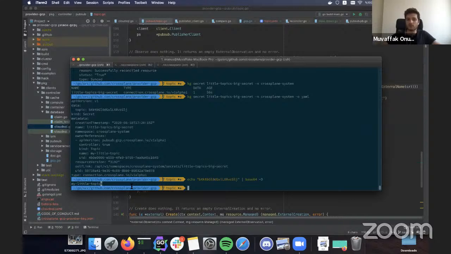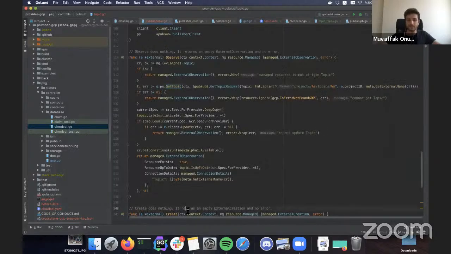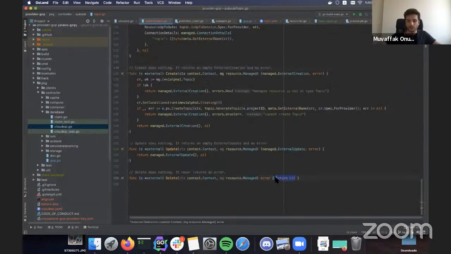We basically guarantee that even if GCP says, okay, I am going to delete it, it may not be deleted. Something might get stuck or some other thing could happen. So we confirm the deletion by checking whether it exists or not later on. So we will implement this one too.